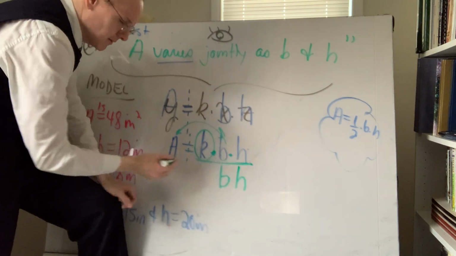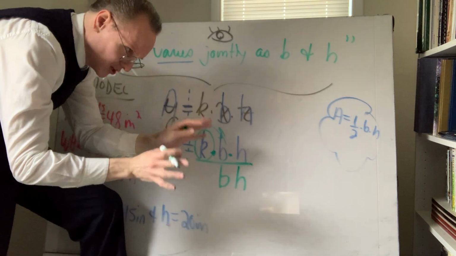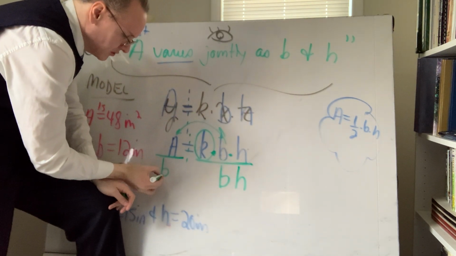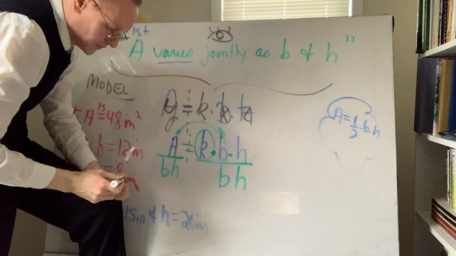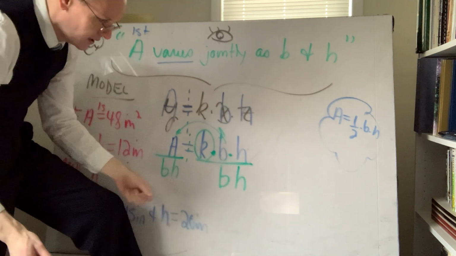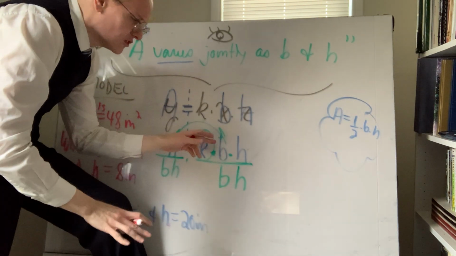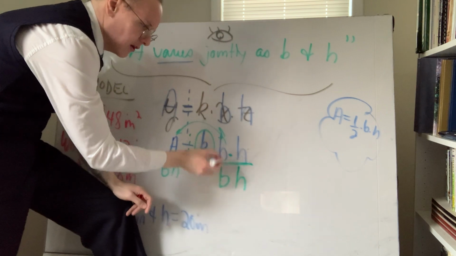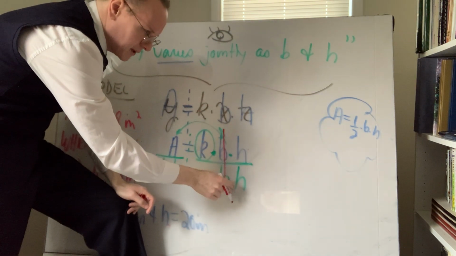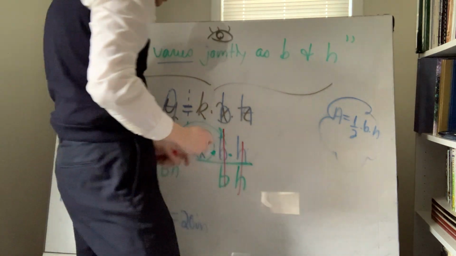If I did it here, my hands are tied, I'm obligated for the sake of balancing. This is the beautiful Zen aspect of algebra. Do the same thing here and here. Right? You can put dots if it makes you feel more comfortable. I don't know what B is yet. It doesn't matter. We're generalizing. It's something divided by itself. This cancels. Right? It's something divided by itself. This cancels. That's the whole point. Right? That means that